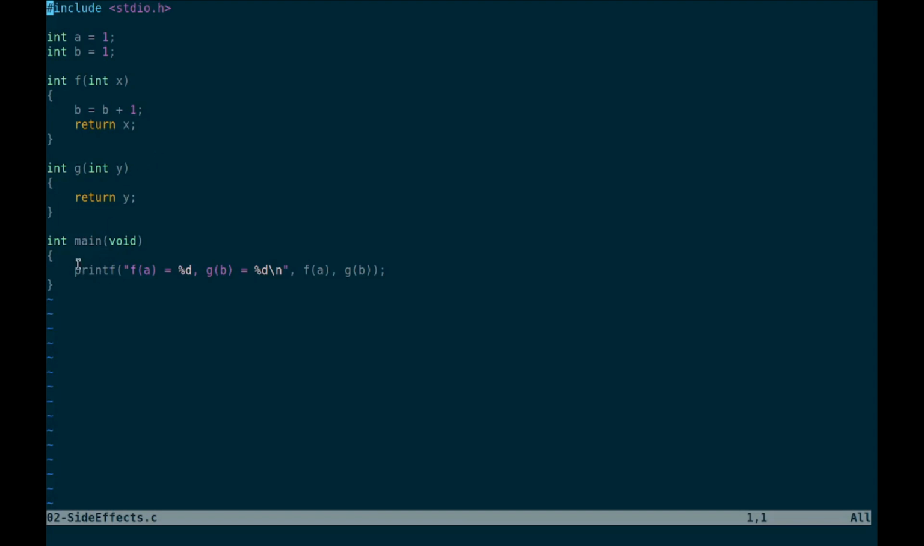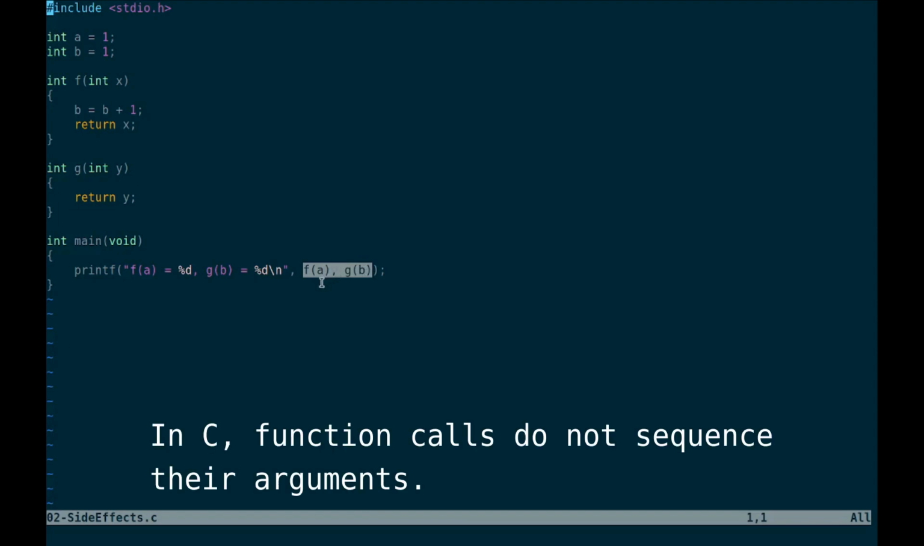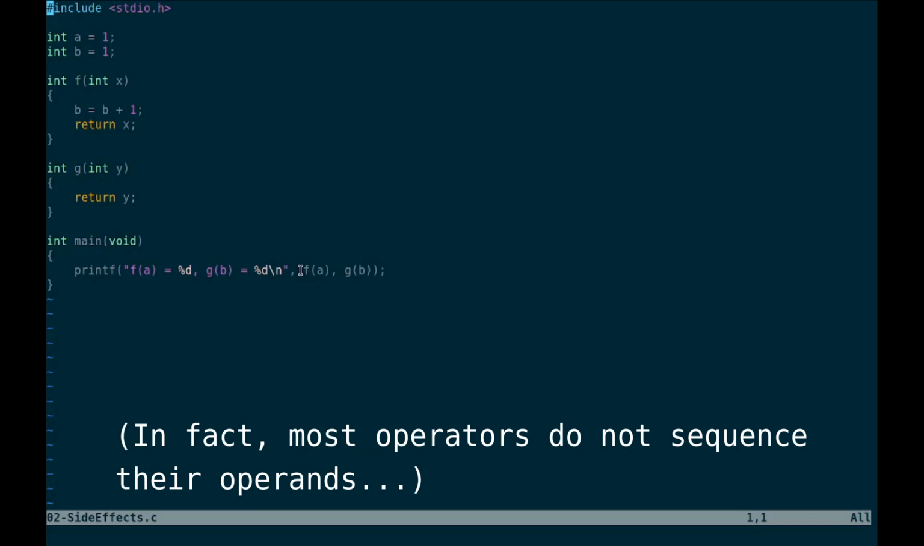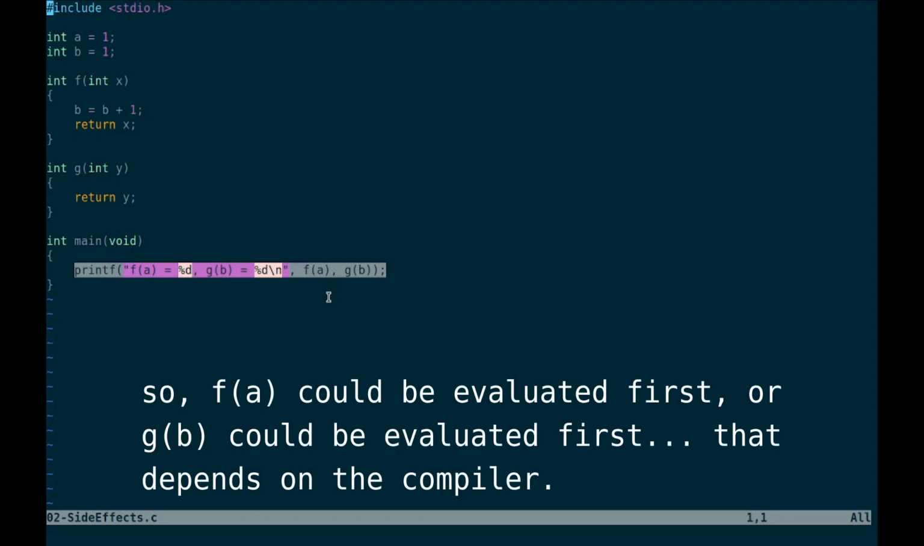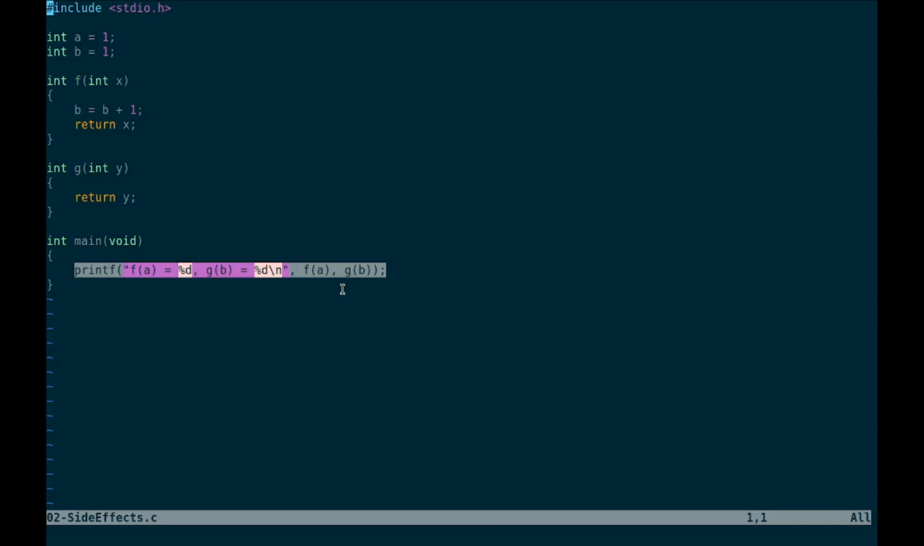If you go back to the code, we'll see that the problem is at the printf statement, namely the unsequenced arguments here, fa, gb. In C, in fact, function calls don't sequence the arguments. So when you have a function call like printf, the arguments of the function are not sequenced. They are unsequenced, which means that fa can be evaluated first, or gb could be evaluated first. That depends on the compiler, and on a number of things. It's a very, very dodgy feature of C, in my opinion,